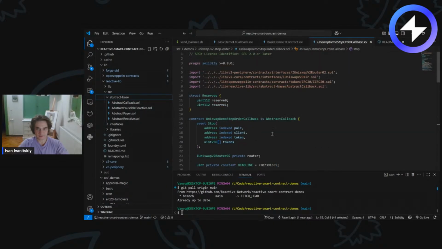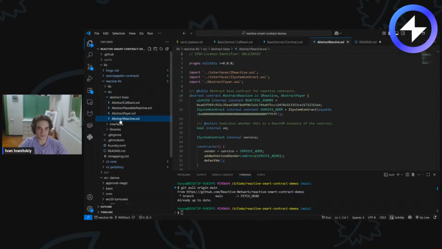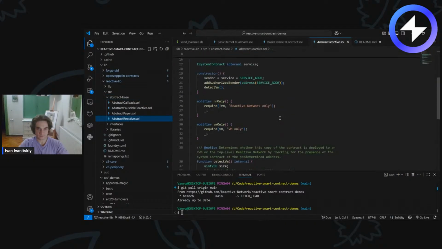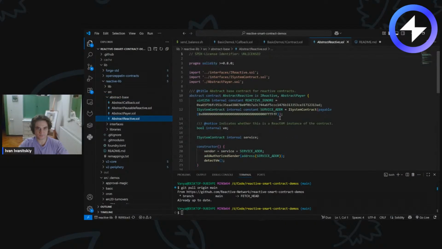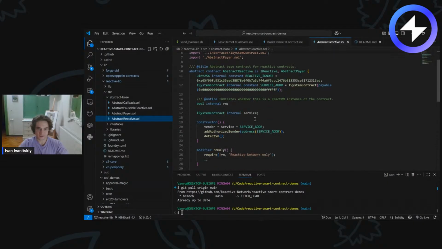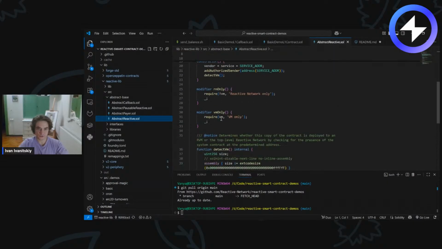As you can remember, our Uniswap demo stop order callback is inherited from abstract callback, and the other one is inherited from abstract reactive. So let's take a look at the reactive contract first. It has a bunch of stuff here. First of all, it's inherited from abstract pair, which we will take a look at. It has a bunch of hard-coded values like reactive ignore value and service address value, right? And it has a bunch of modifiers to work with